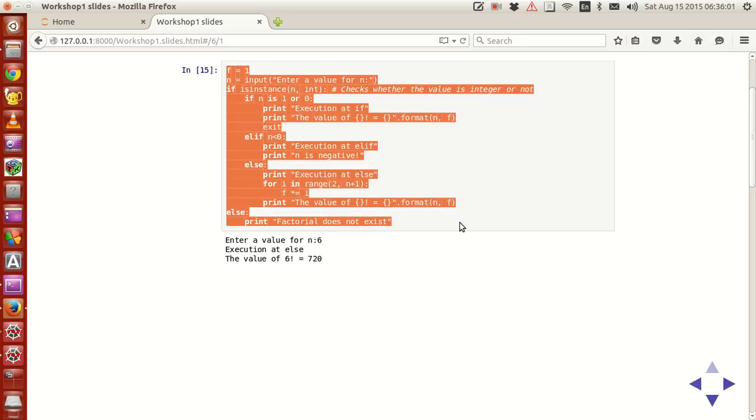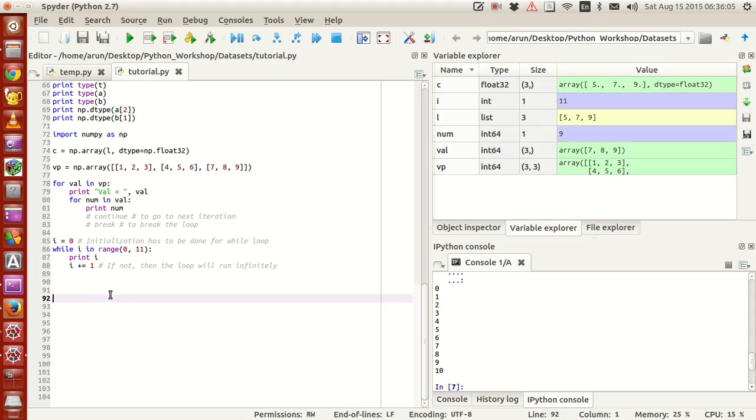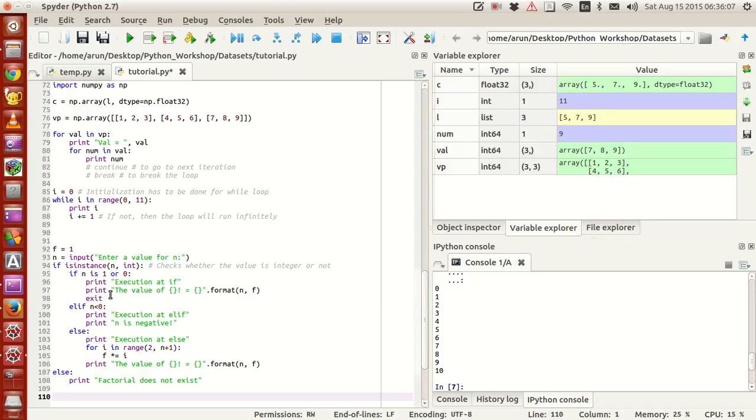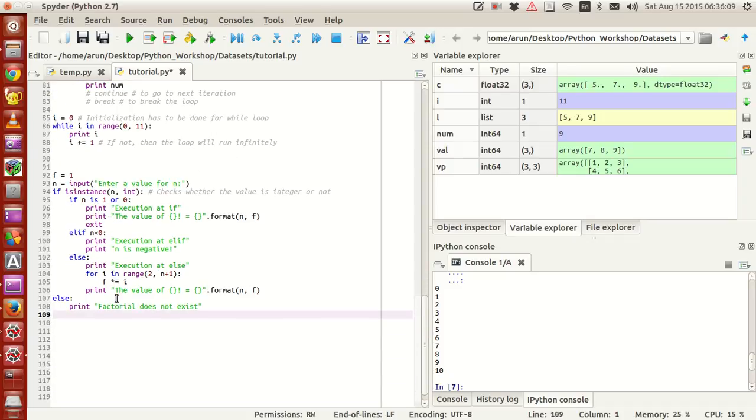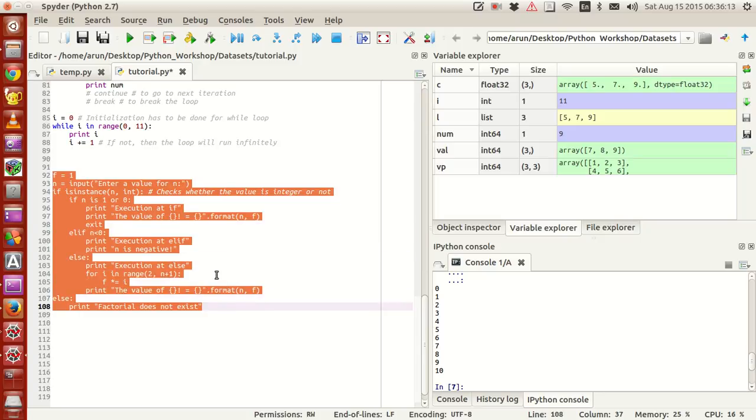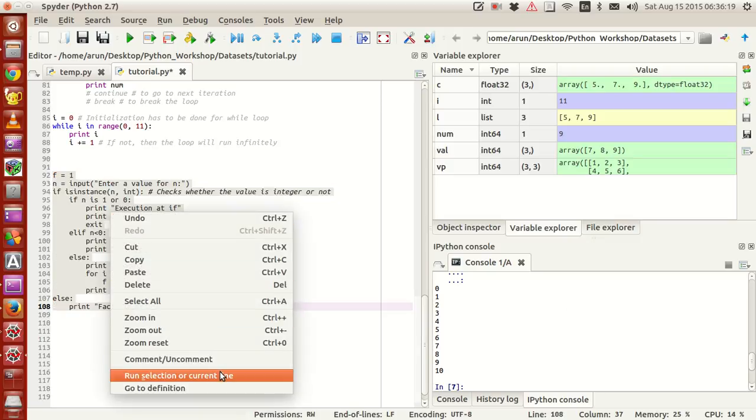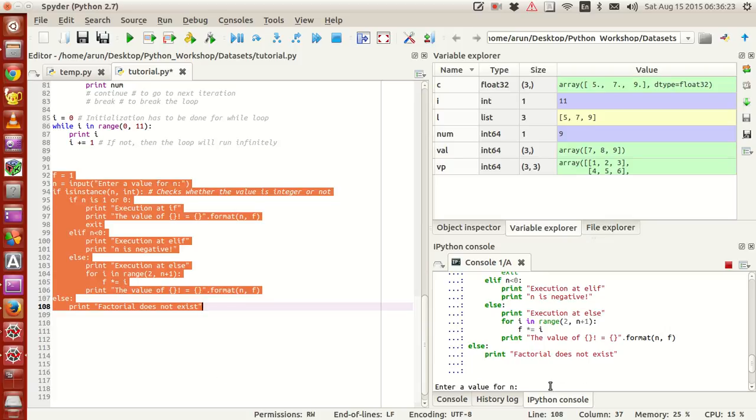Now if I copy all this and paste it over here. I could write this in the console itself, but this is easier for visuals. This has a little less space over here, whereas this has enough space. That's the reason. Now if I run this with run selection or command line,